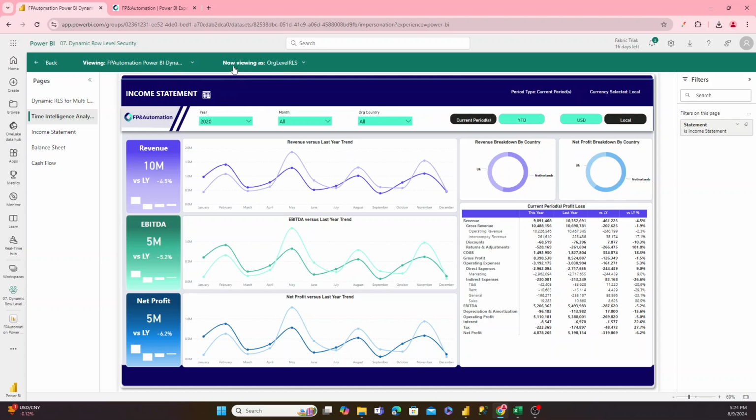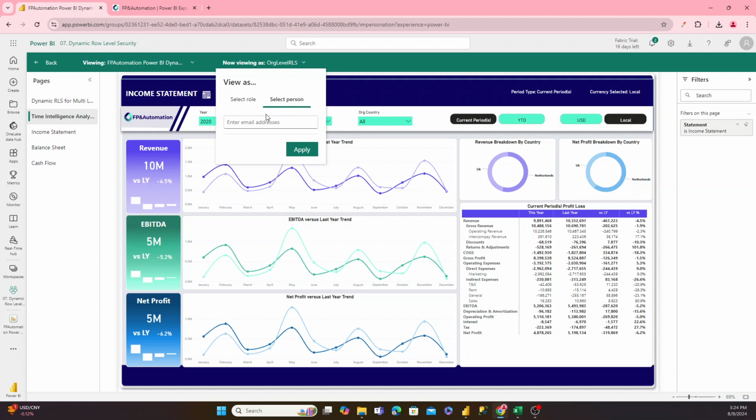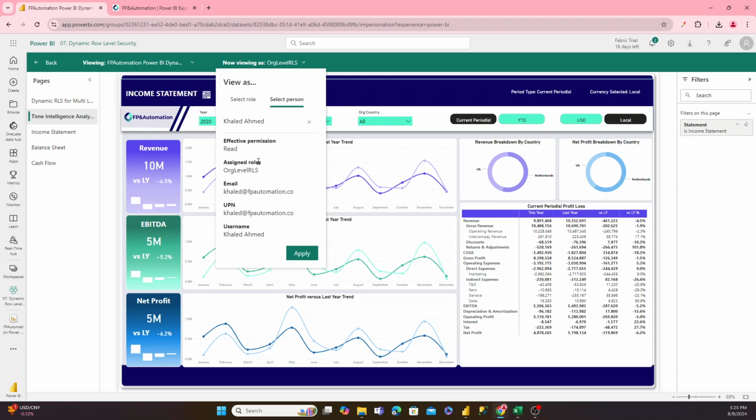So what I can do right here is I can go ahead and in the down arrow right here where it says now viewing as org level RLS, I can go to the select a person, and then from here, I can start to type in each individual. So let's start with Khalid. I'm going to go ahead and click on Khalid. We can see that here's the user principal name that will be recognized when Khalid logs in. So again, that's the email address. And when I hit apply right here,